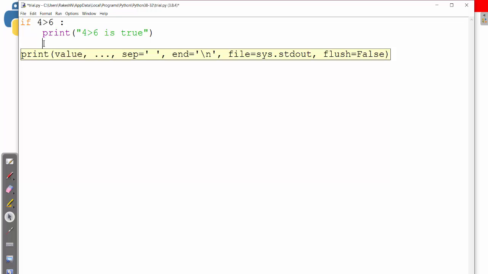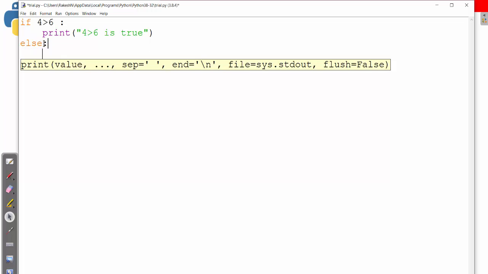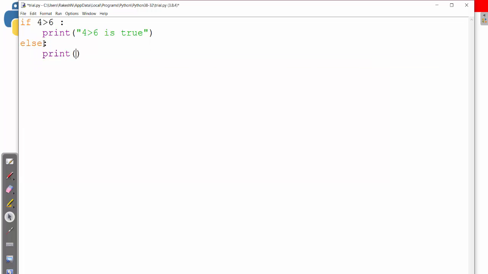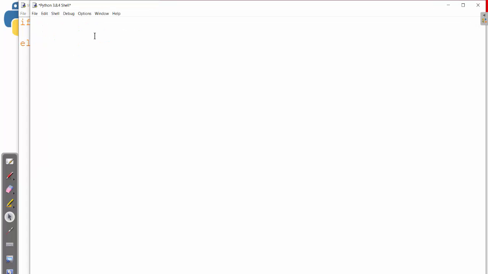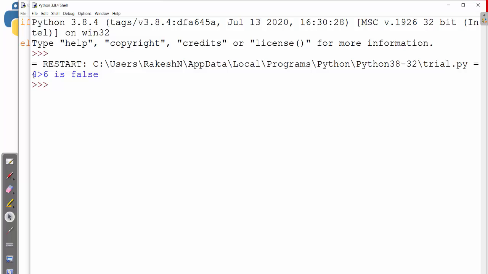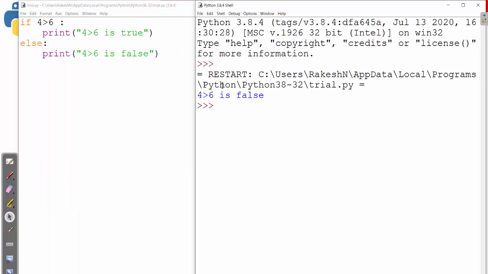If this is the only statement you want to write, you can press backspace, go to the start, and write else, and print 4 greater than 6 is false. Now execute it. It is showing 4 greater than 6 is false.